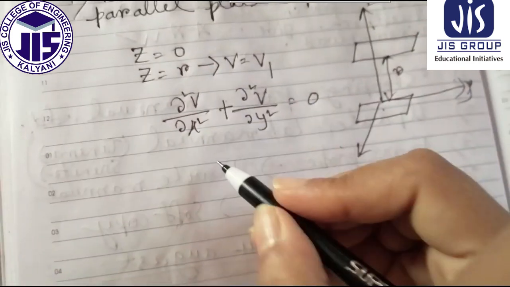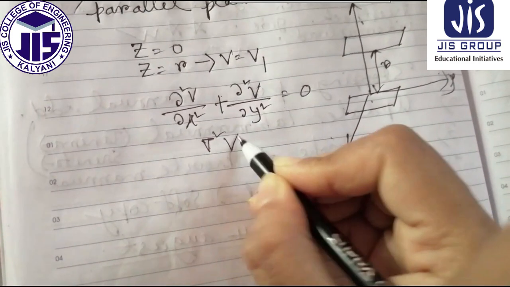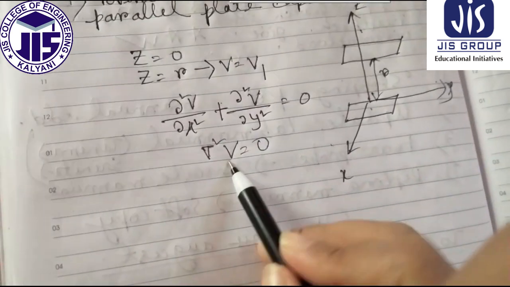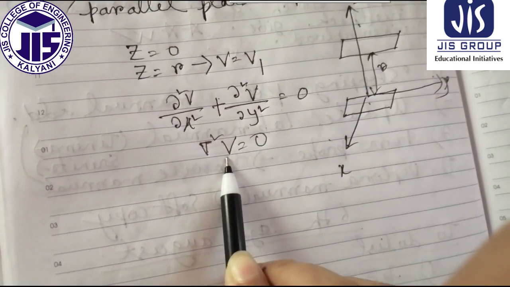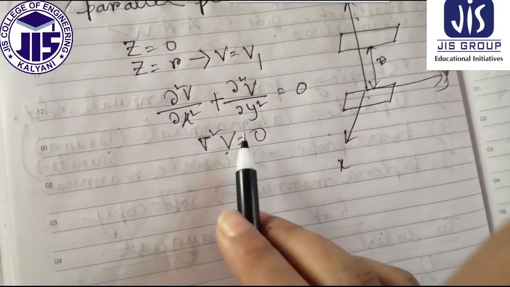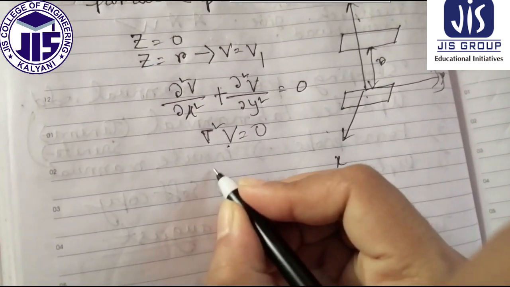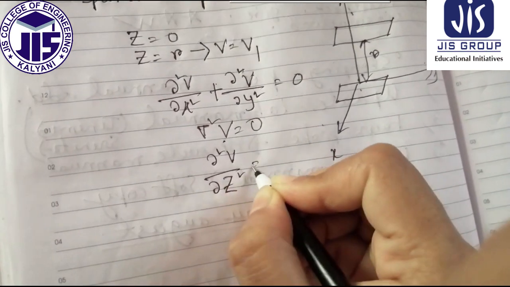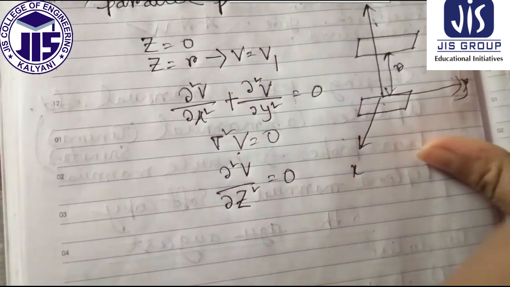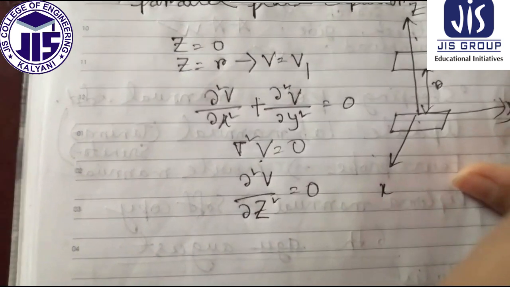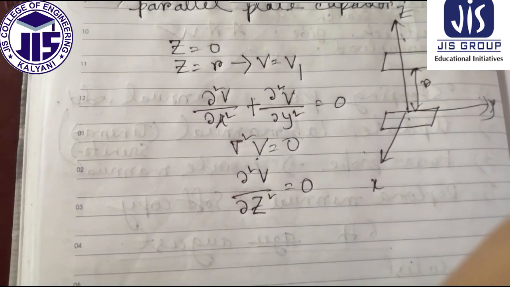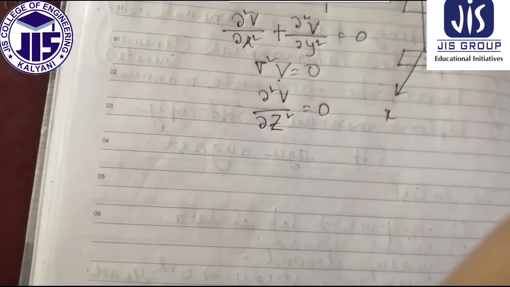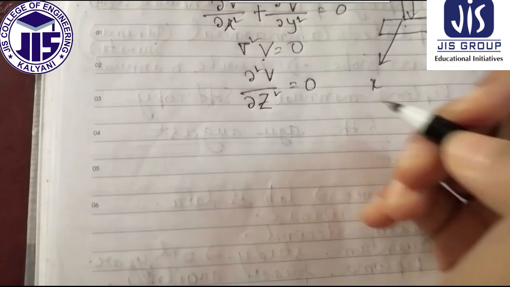Now as we know ∇²V equal to 0, so from this Poisson's equation, we can write ∂²V/∂z² equal to 0. Now there is no physics, simply mathematics. We have to do some integration, like